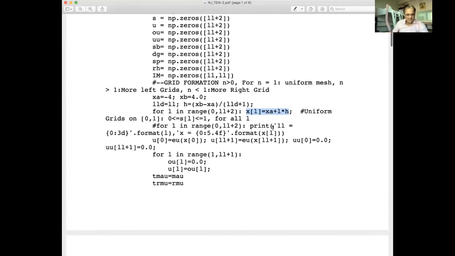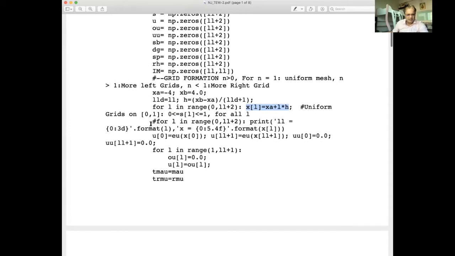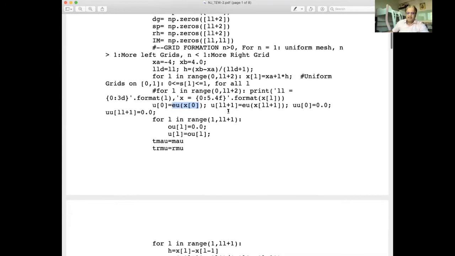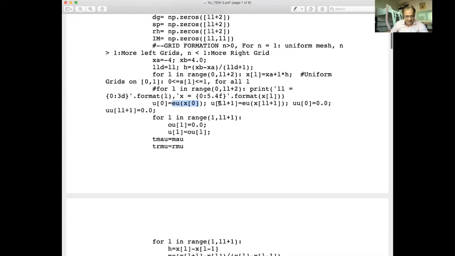Now, I have printed all these grid points, although I have kept it in a comment line, but by removing the comment you can print these grids. Now, this is U0. U0 is the value of U at x0. The value of U at x0 is known to us from the boundary values, that is uppercase A in the slide I have written. And U at the last point is given as uppercase B. Uppercase A I have calculated from the exact solution, exact U at x naught. And U at the last point, ULL plus 1, is basically